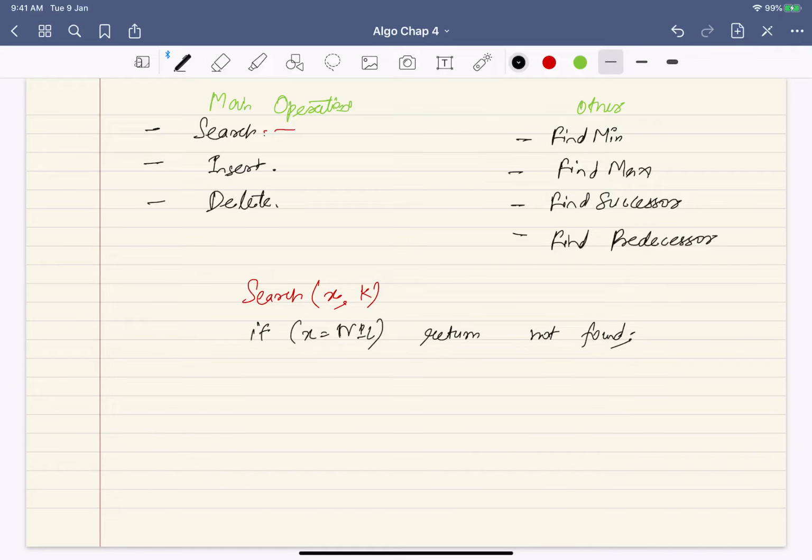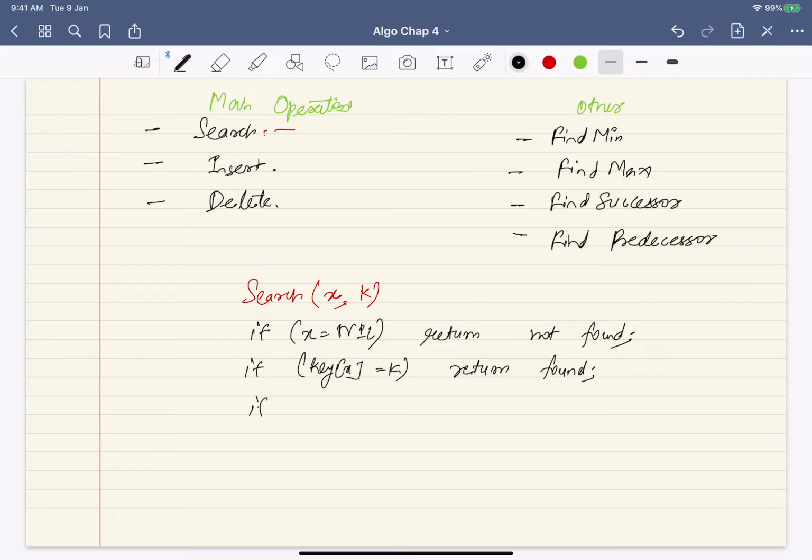Otherwise x is not nil, so the first thing you will check is if key of x is equal to k. If so, you found it, so you return found. Otherwise key of x is not equal to k, it will be either larger or smaller.